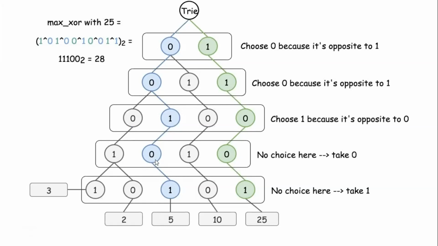So you don't have to go to each and every number. Here we have only 5 numbers, but if you have many of them, it's basically just going through only 2 paths. And that is what is saving a lot on time complexity.